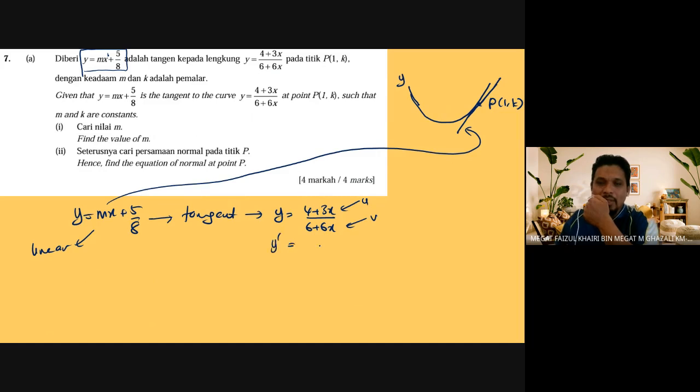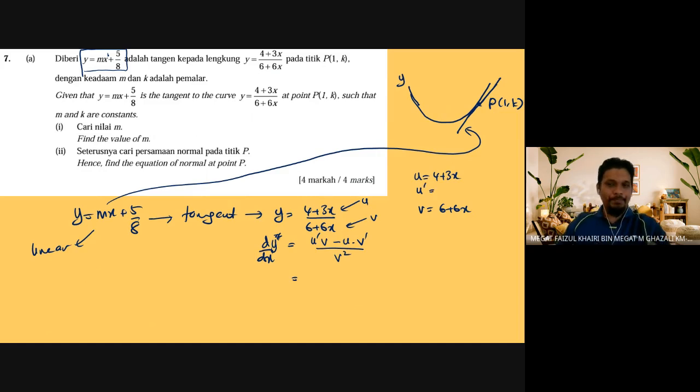So y prime or dy/dx equals u prime times v minus u times v prime, divided by v squared. u equals 4 plus 3x and v equals 6 plus 6x. So u prime equals,